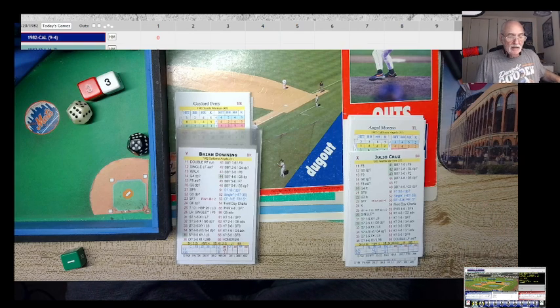We're playing Field Day Baseball. I'm replaying the 1982 California Angels. To be honest, I'm not a West Coast guy. I'm an East Coast guy, hardcore East Coast guy, but I was fascinated by the world of the West Coast,